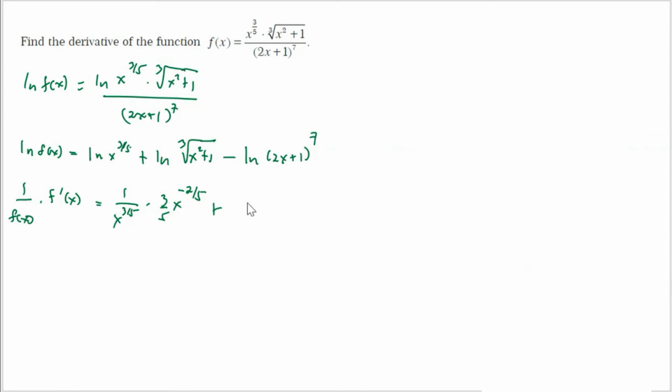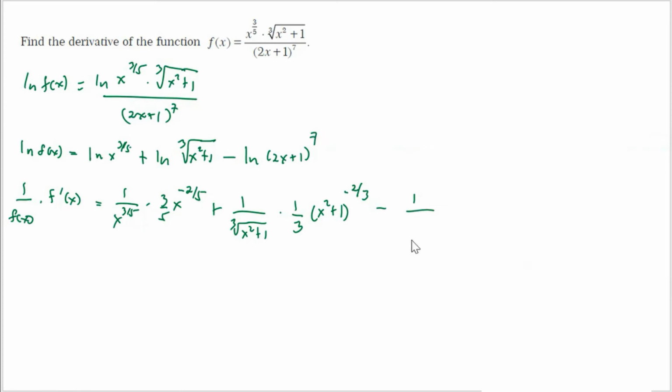Plus 1 over the cube root of x squared plus 1 times the derivative of the radical, which can be written as 1/3 times x squared plus 1 to the power of, subtracting the exponent, 1/3 minus 1, that is now negative 2/3. Minus, we have 1 over